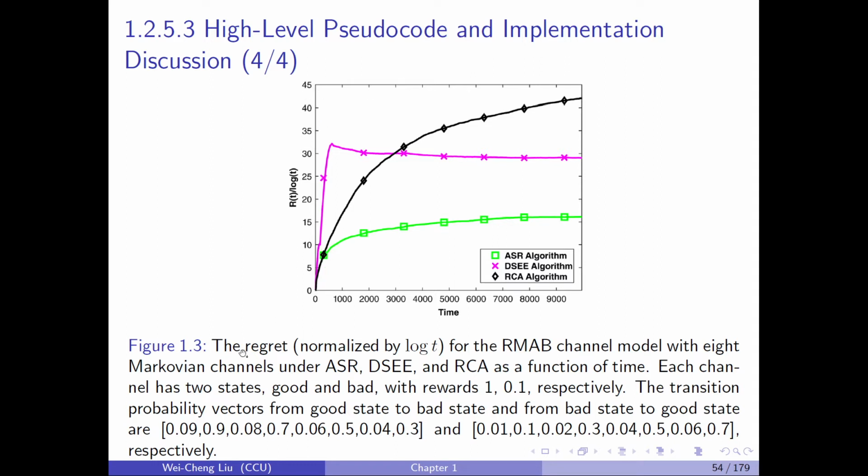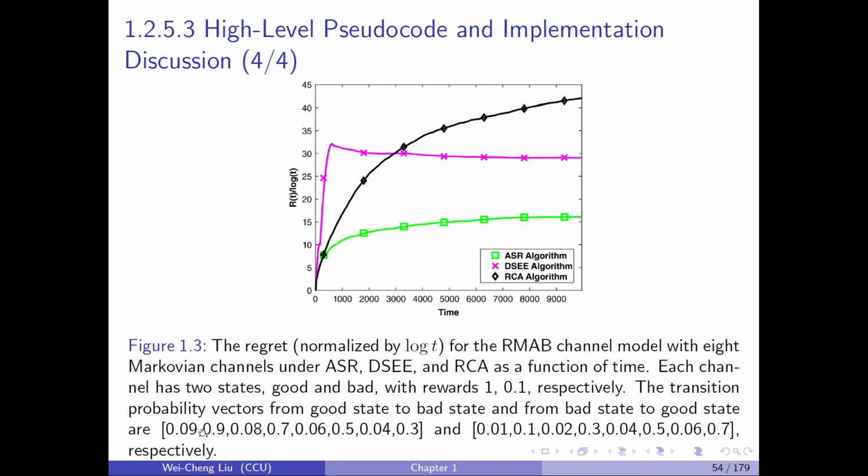The regret normalized by log t, where capital R is the regret, for the RMAB channel model with 8 Markovian channels under ASR, DSEE, and RCA as a function of time. Each channel has two states, good and bad, with rewards 1 and 0.1 respectively. The transition probability vectors from good state to bad state and from bad state to good state are